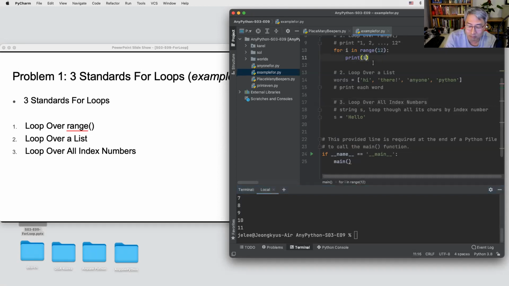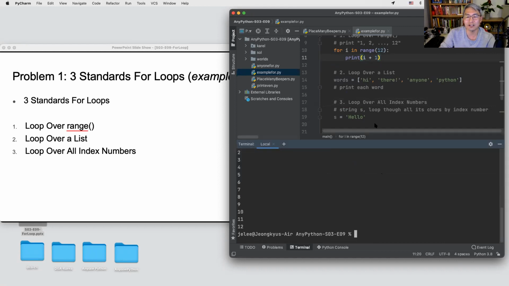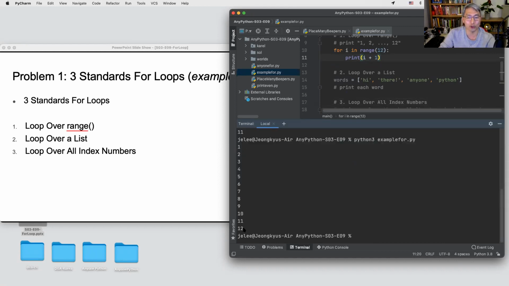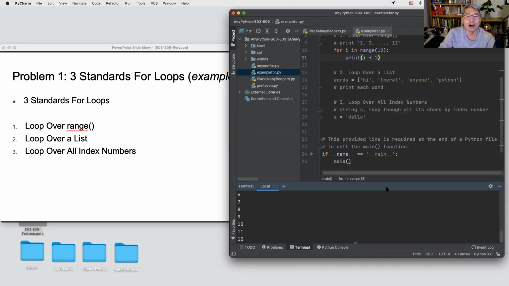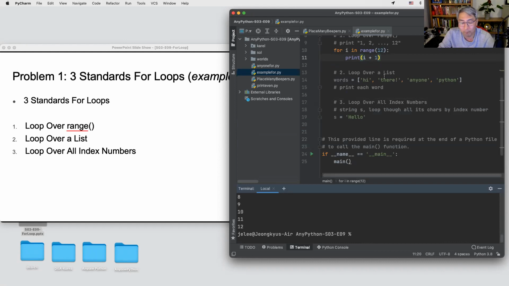So we can do i + 1. Then run it again. Then finally it can generate 1 through 12, like this. Okay, very nice. If your answer is different from mine, it's okay as long as you got the answer. There are different ways. It's fine.